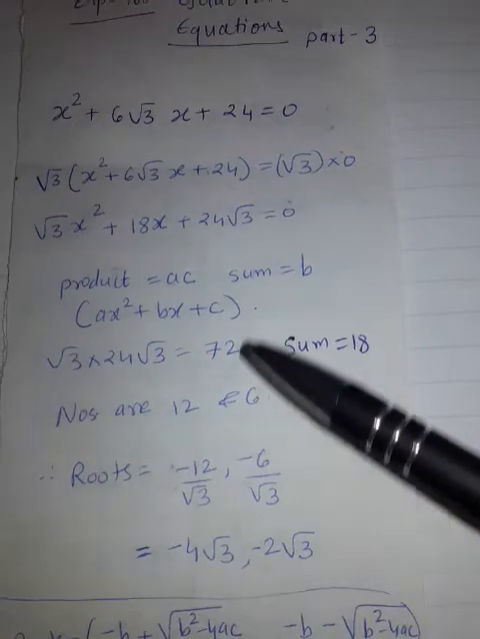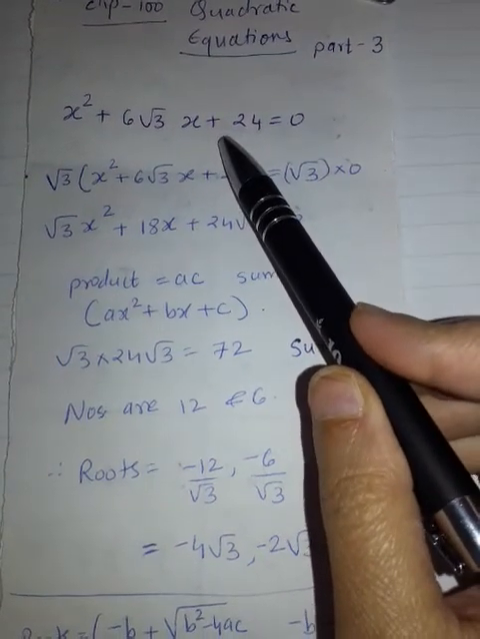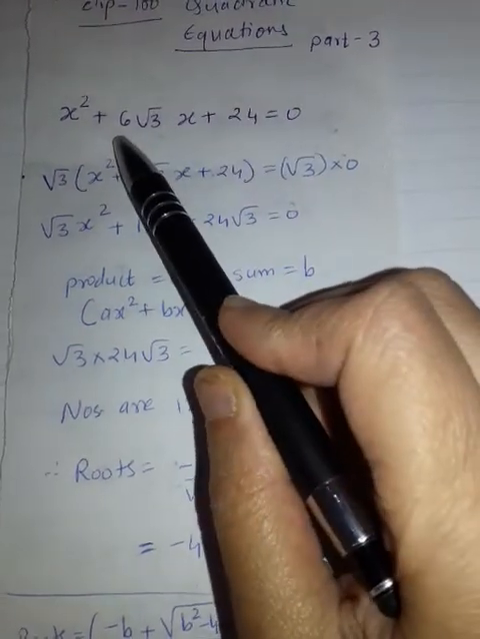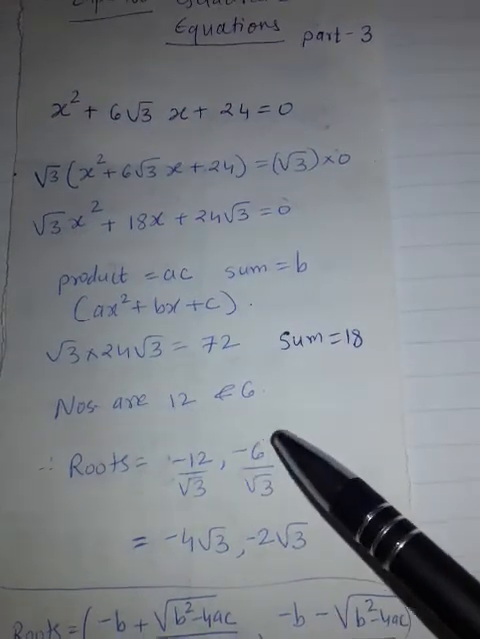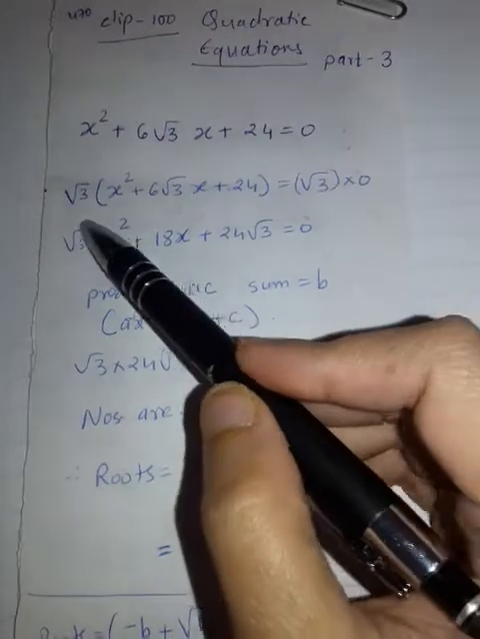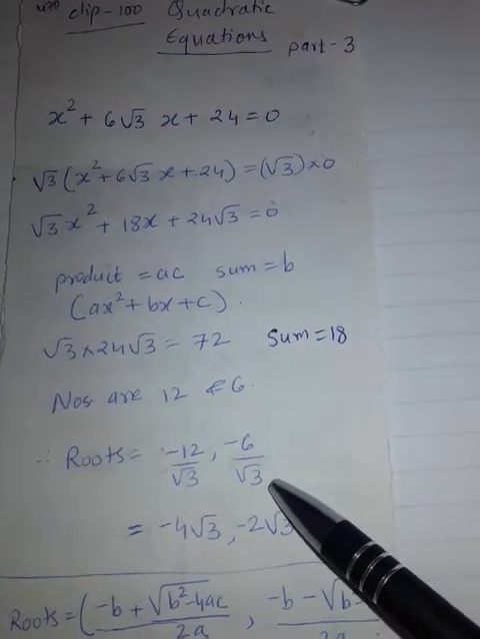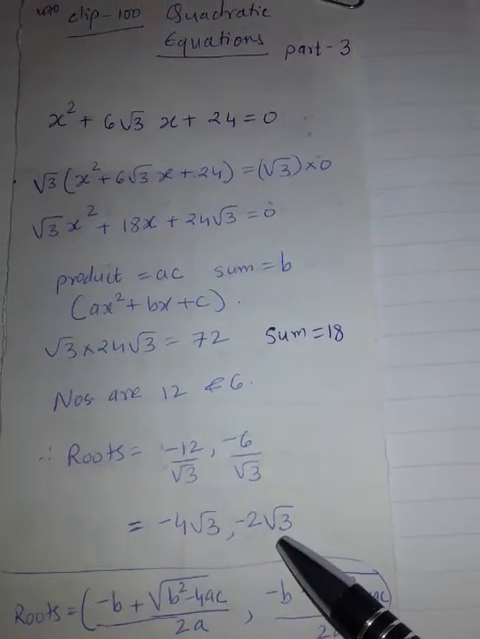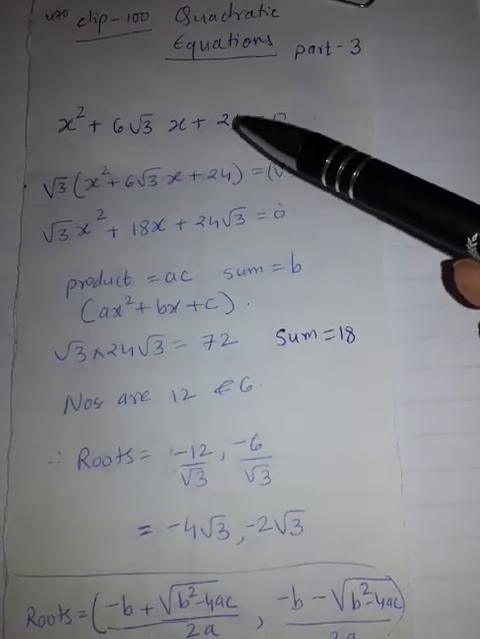Now what is our shortcut? The last sign is plus, so both roots are going to be the same sign. But the middle term is also plus, so both roots are going to be minus. So minus 12, minus 6, and take the coefficient of x square in the denominator. So root 3, and when you solve, you get minus 4 root 3 and minus 2 root 3 as your answers. Now, please remember,